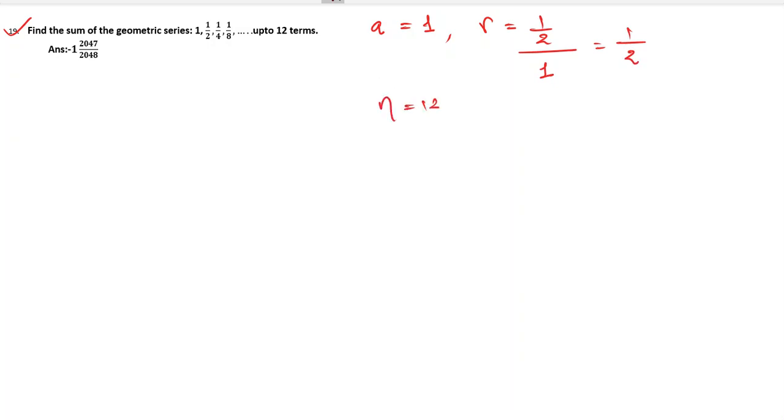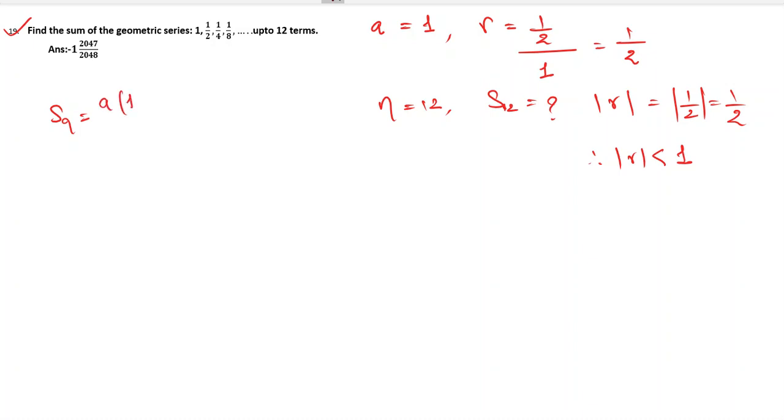What is n? 12. What you have to find? Sum of 12 terms. Can you tell me what is mod of r? Mod of r is mod of 1 by 2, which is 1 by 2, and therefore mod of r is smaller than 1. So we will use the second case. Right? So what is sum of n terms? Sum of n terms will be a bracket 1 minus r raised to n upon 1 minus r. So sum of 12 terms is equal to a, which is 1, bracket 1 minus r, which is 1 by 2, the whole raised to n, which is 12,